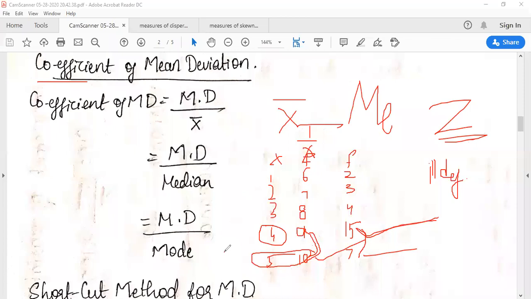Then in mean deviation, we also use a certain shortcut method. Now, if you see the first formula which we saw above, what will happen? We have to first find out the arithmetic mean, then take the deviations from the arithmetic mean, and then multiply them with the frequency, and only then will you be able to apply it in the formula. So there are a lot of steps involved. So there is another shortcut for the mean deviation calculations.